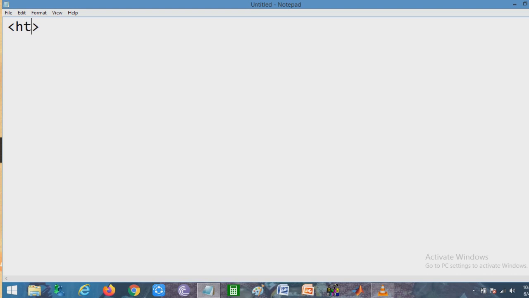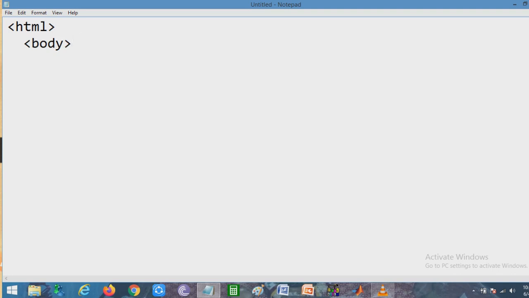So look at the example of how to use BR and HR and the output also. We are writing first html, and then again we are writing the tag body, because we know tags are used in angular brackets.